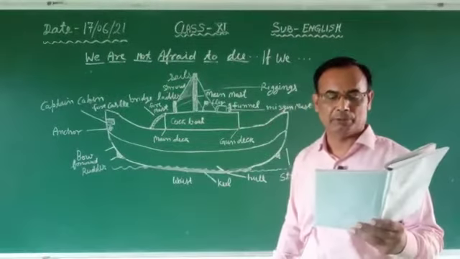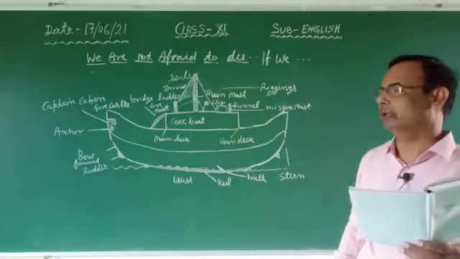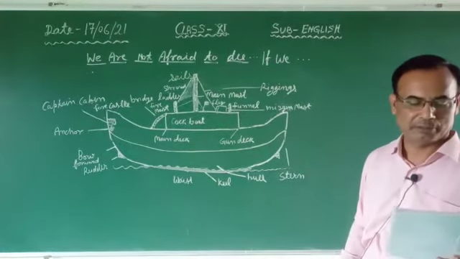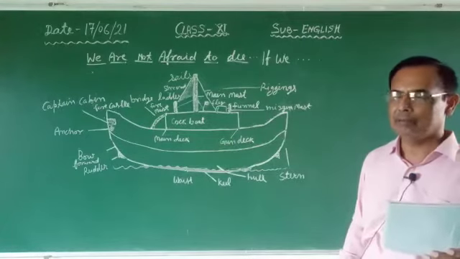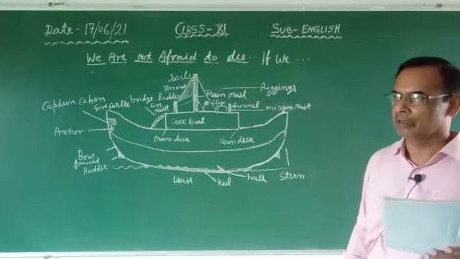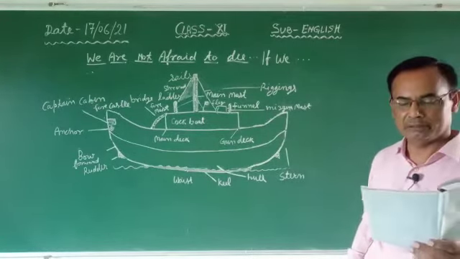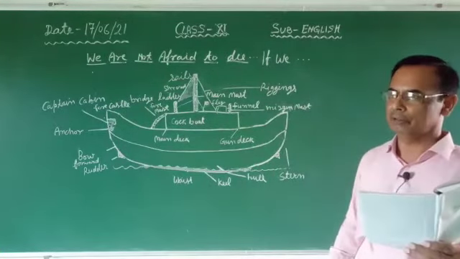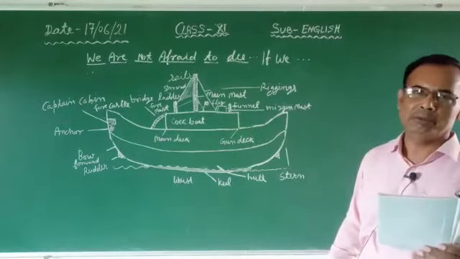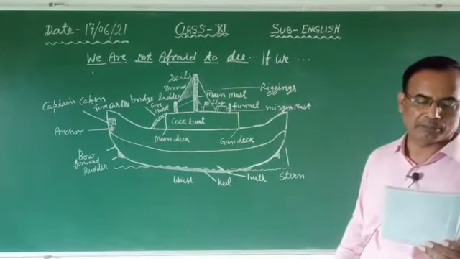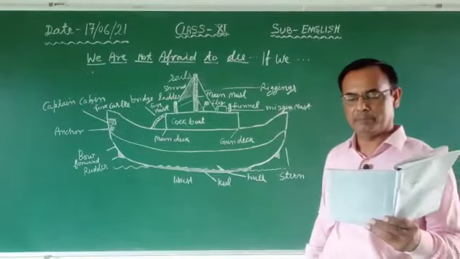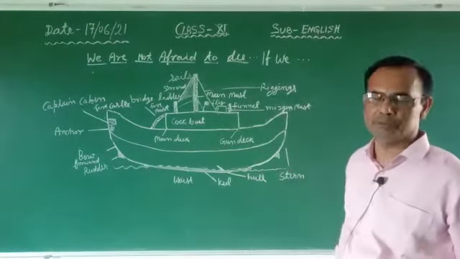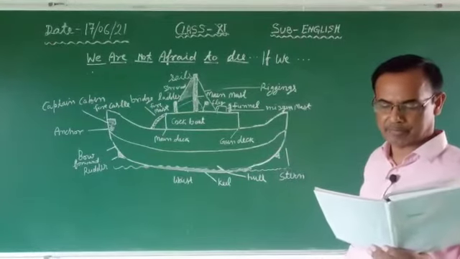"At dawn on January 2nd, the waves were gigantic." It was January 2nd, the 1st of January had passed. Now it was the morning, dawn, meaning early morning of 2nd January. Dawn is the opposite of dusk. So late evening is known as dusk and early morning is known as dawn. The waves were gigantic. The waves were going very high. Gigantic means huge. There were huge waves.